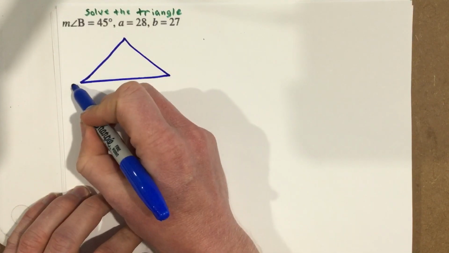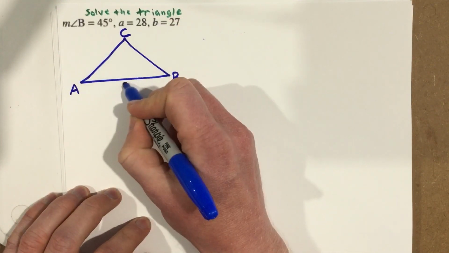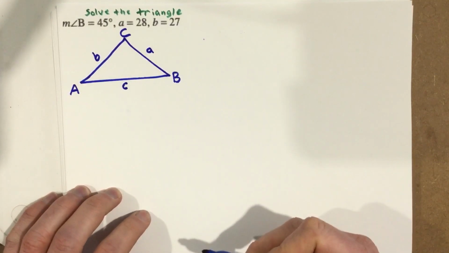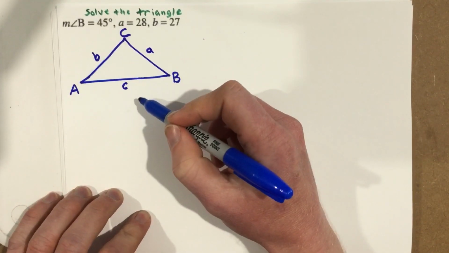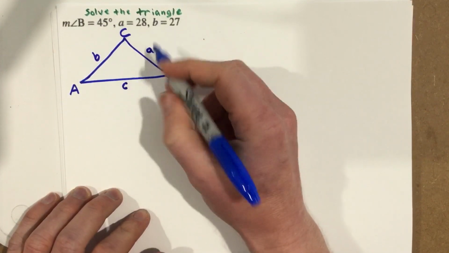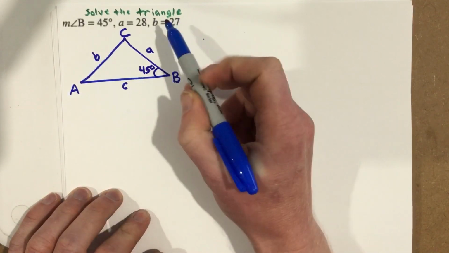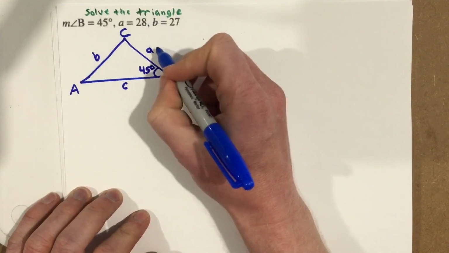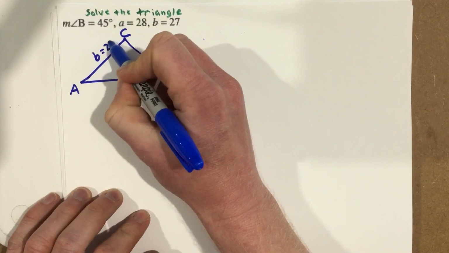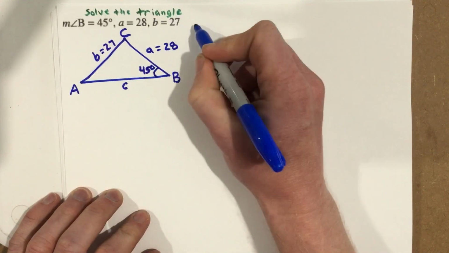And I'm going to call this A, B, C, which means this is little c, this is little b, this is little a. I just like to label my triangle like that about every single time. 45 degrees for angle B, that's right here. And we'll have side A, which is 28, and side B, which is 27. Now, as you can see, we have a side-side angle. So we have SSA,